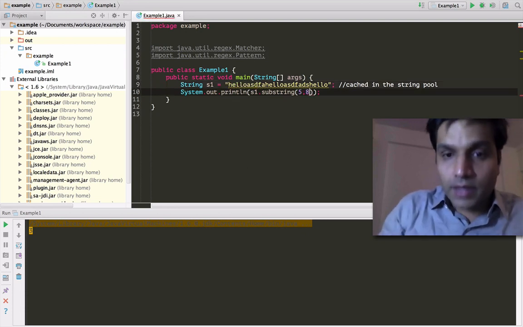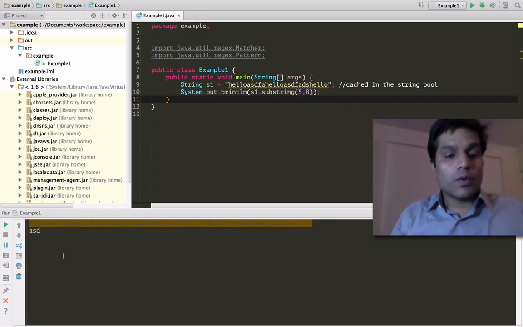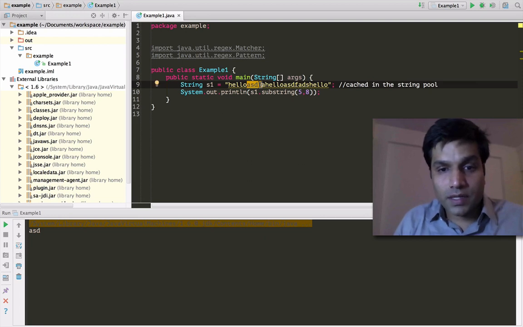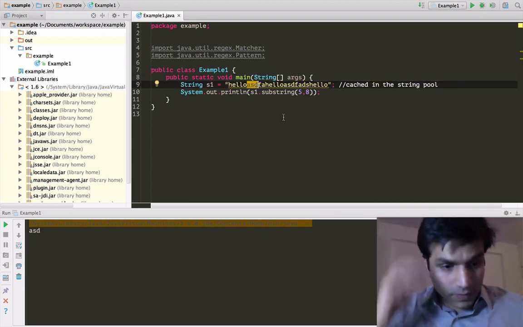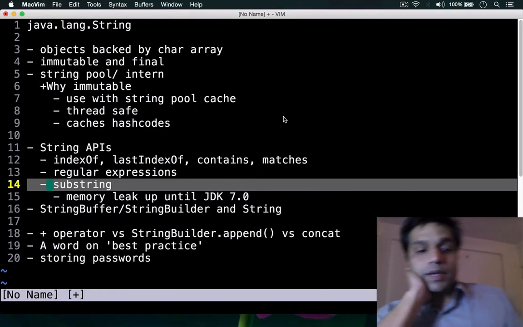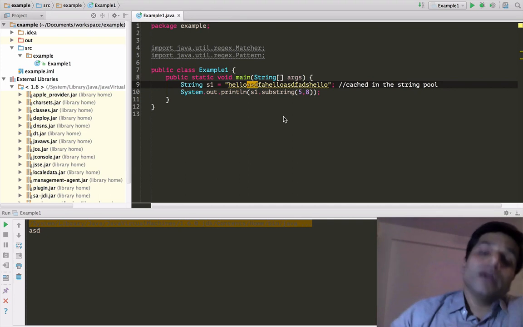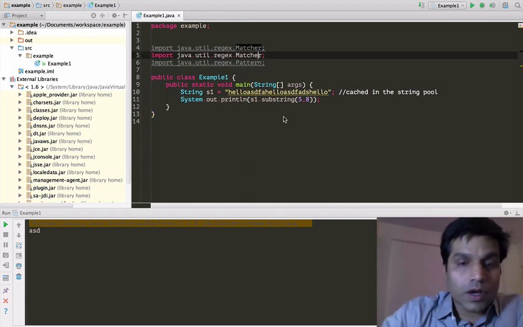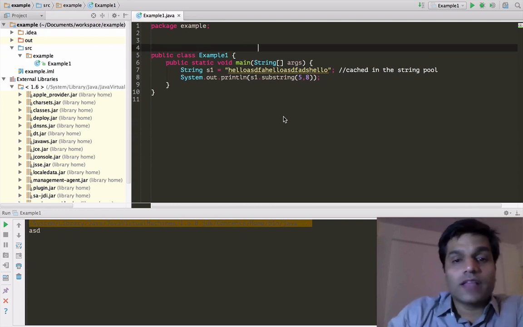5 and 8. So now if I run this program, you'll see it has the substring as I wanted. Now this is a fairly straightforward implementation of substring. But the substring operation happens to be a favorite topic of interviewers because there are some hidden gotchas or interesting aspects in